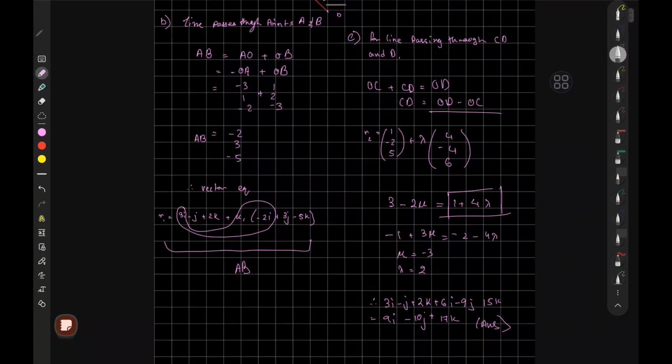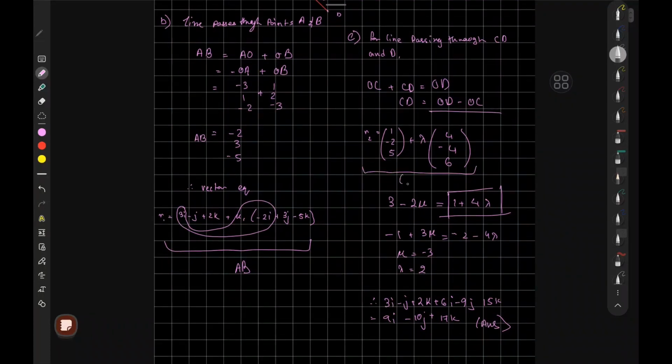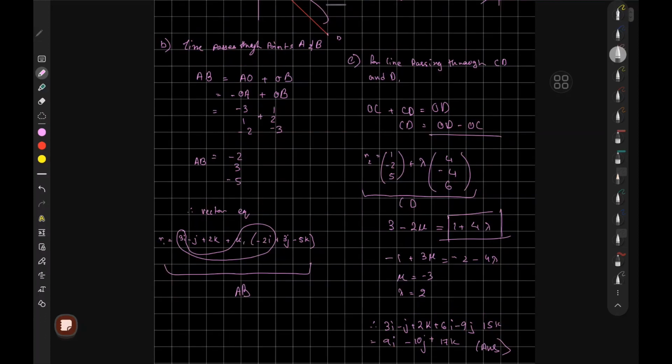And this is your CD vector equation. And they're telling you in the question that both AB and CD are going to intersect. Therefore, since this part of the equation represents the x coordinate, and this part represents the x coordinate as well for the other equation,